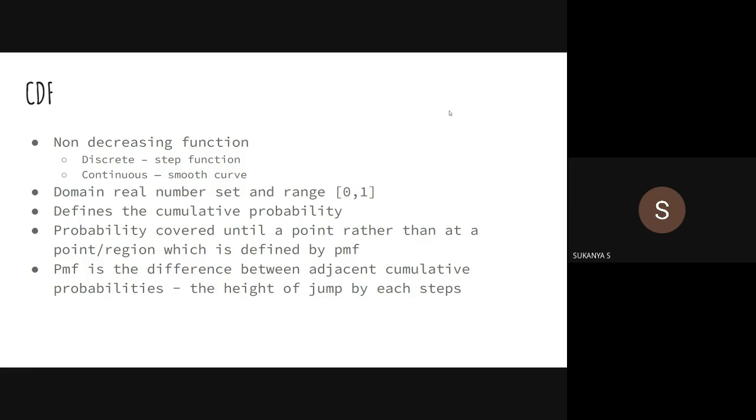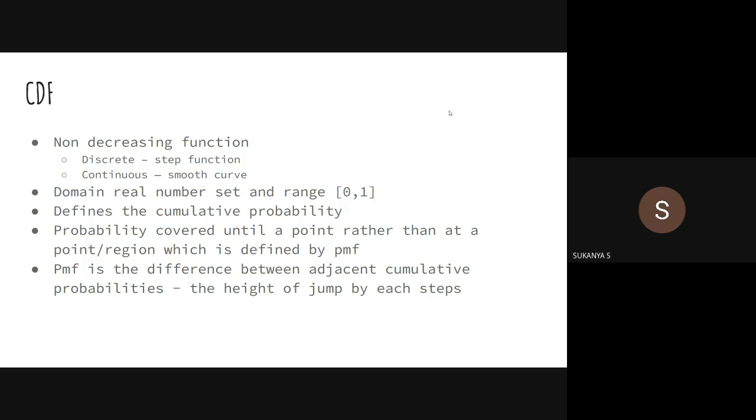Now, what is the difference between a PDF and a CDF? PDF is the probability density function, or probability mass function in the discrete case. That gives you the probability at a single point, right? At the point, what is the probability, or what is the function of the probability? That is what is given by PMF or PDF. Whereas CDF gives you the probability up to a point. Don't confuse the two. PDF or PMF is denoted by small f and CDF is denoted by capital F.